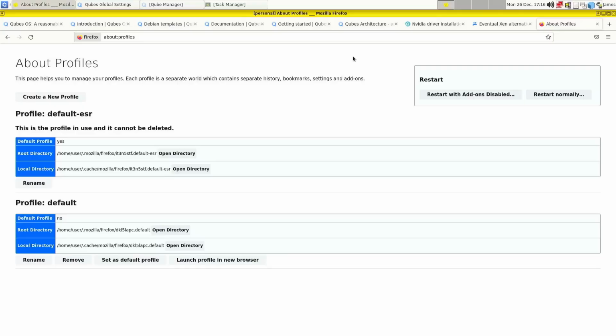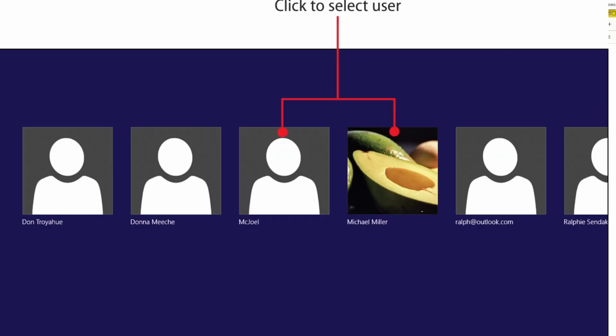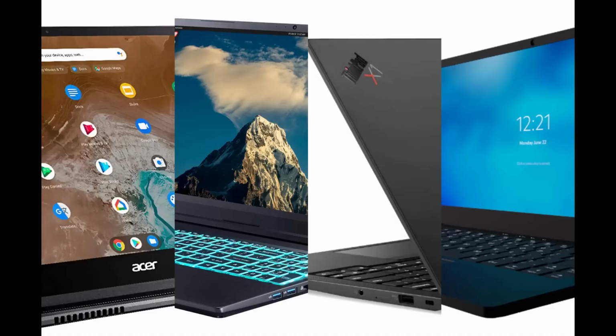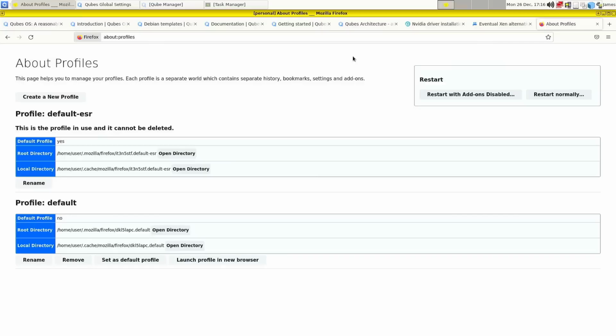Well, maybe you'll create different user accounts within your operating system, or you might even take things a step further and boot different operating systems for those different digital lives. So you're going to dual boot, triple boot, quad boot, however many operating systems it takes, or you could take things to the ultimate end and get different devices for those different digital lives. But each of those methods of separation has its downsides. The main downside is that none of them are seamless for switching between those digital lives. At the very least, you're going to have to be switching user accounts, which is not very seamless.